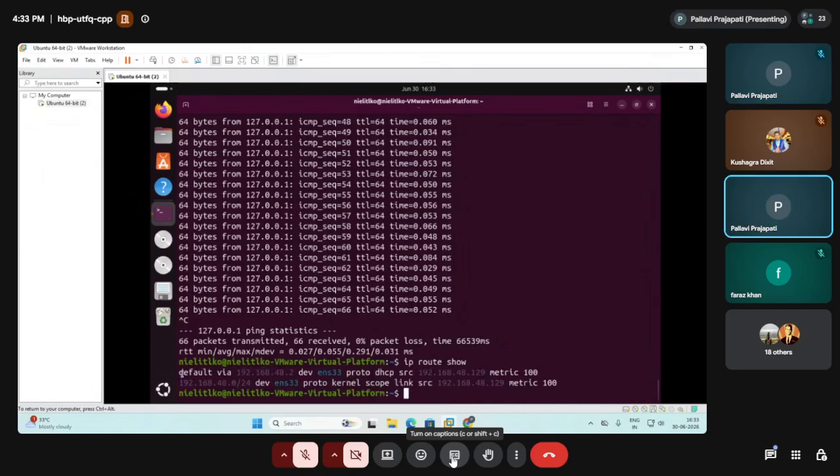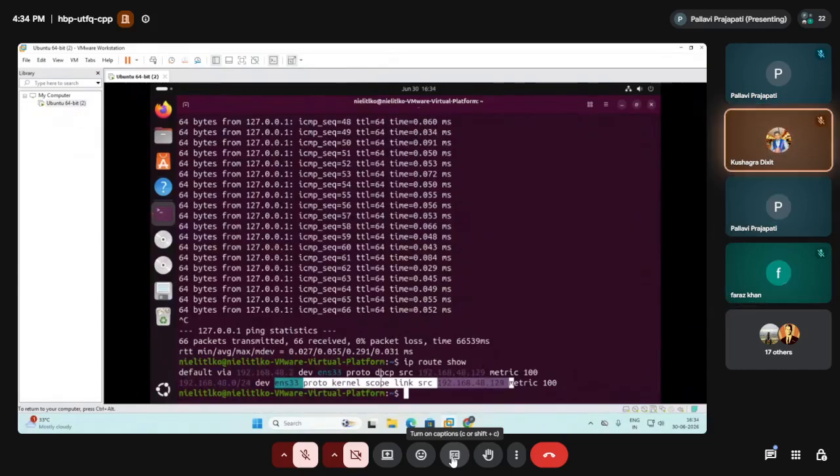Default via this, then we have this interface, the source is this, and for this, kernel scope link is this. So it is basically showing the routing. Is this okay? Any problem in this? No, ma'am, no problem.